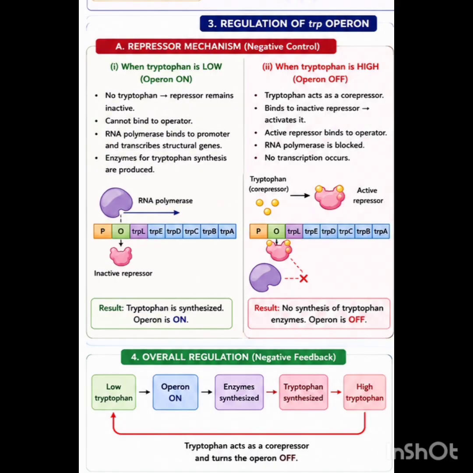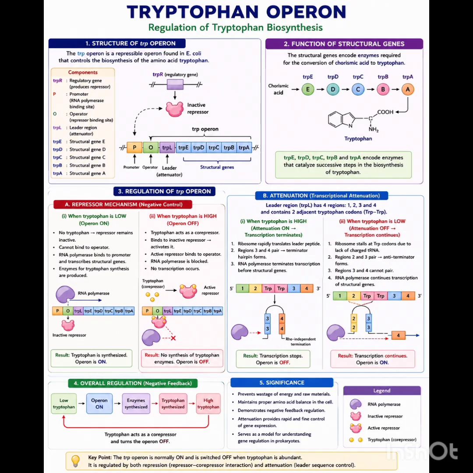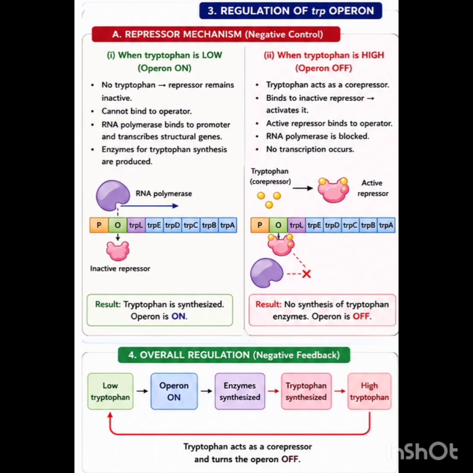The leader region of the tryptophan operon contains a short peptide coding sequence with two consecutive tryptophan codons. It also contains four complementary RNA regions capable of forming alternative secondary structures. The behavior of the ribosome during translation of the leader peptide determines which RNA structure forms when tryptophan levels are